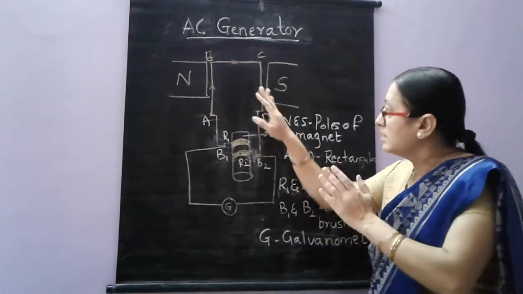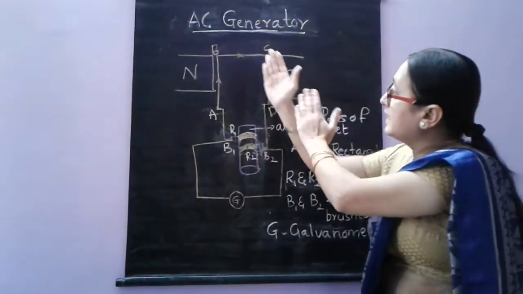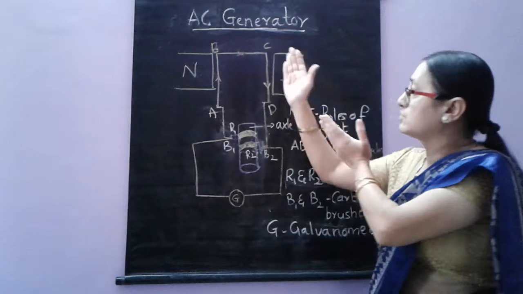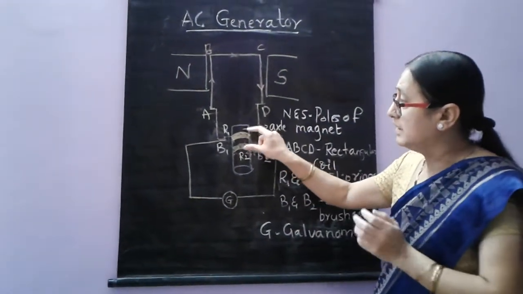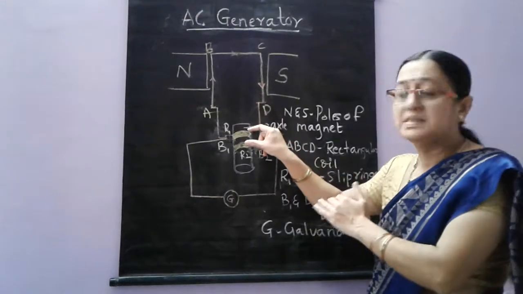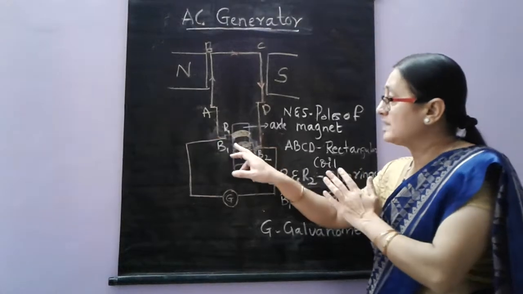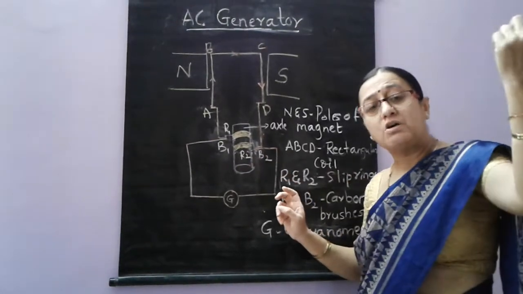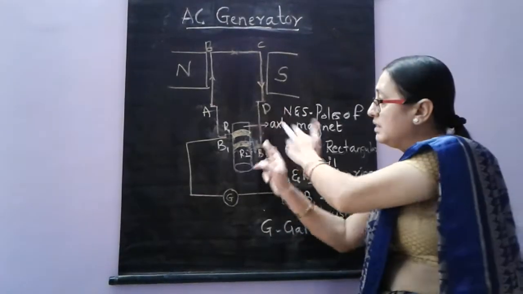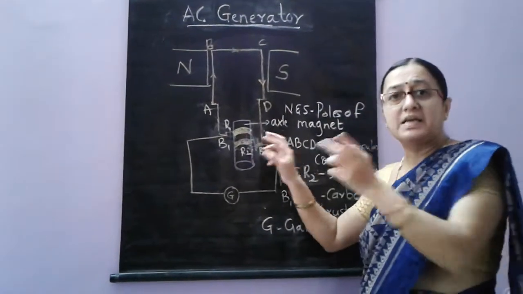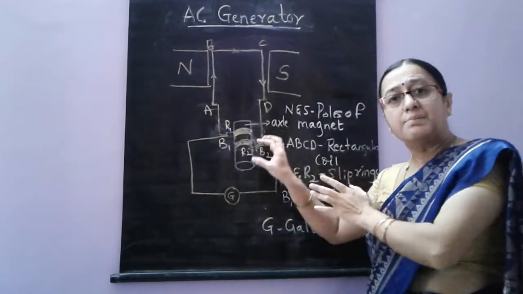Now, due to inertia, it again starts rotating and CD comes in place of AB and AB goes to the place of CD. But here both the slip rings are in series with each other. There is no changing of the brushes and slip rings as in case of a DC motor, because that is a direct current motor. So the commutators, the split rings, change the connection of the rings and the brushes.